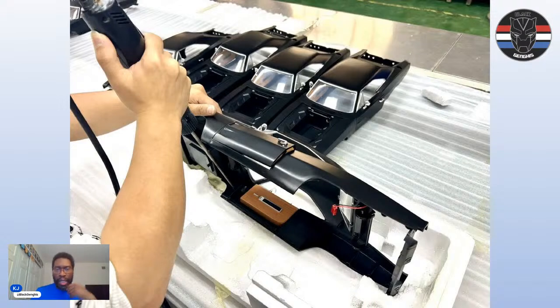So also, once again, it's just seeing how stuff is built. I would love it if Hasbro did this. Hasbro doesn't do this because they don't need to. They're Hasbro. Mattel doesn't do this. McFarlane Toys doesn't do this. They don't have to. They know we're going to buy it. But if we're dealing with a Ramen Toy or Spero or you name it, you kind of need to let us know